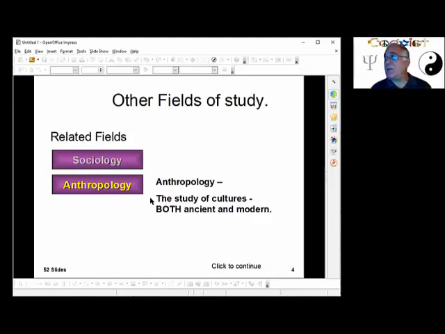Anybody been to Mount Trashmore? It's a beautiful park. Got a weird name, Mount Trashmore. Some of you have been there. So what is Mount Trashmore? Why is it called Mount Trashmore? It's called Mount Trashmore because it's a trash dump.